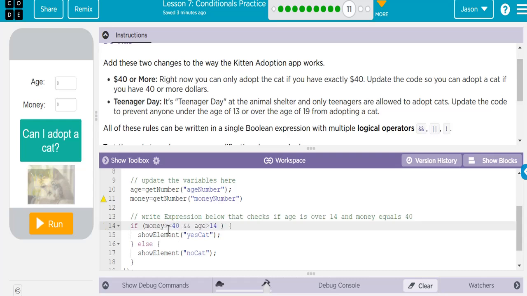So if the money is greater than or equal to 40, and instead of just age being greater than 14, we want it to be between, so to prevent anyone under the age of 13, that means we accept 13, right? Or over the age of 19. So I'm going to modify this and put another compound statement here. So if anybody is under the age, so less than 14, or, so put your or symbol in,